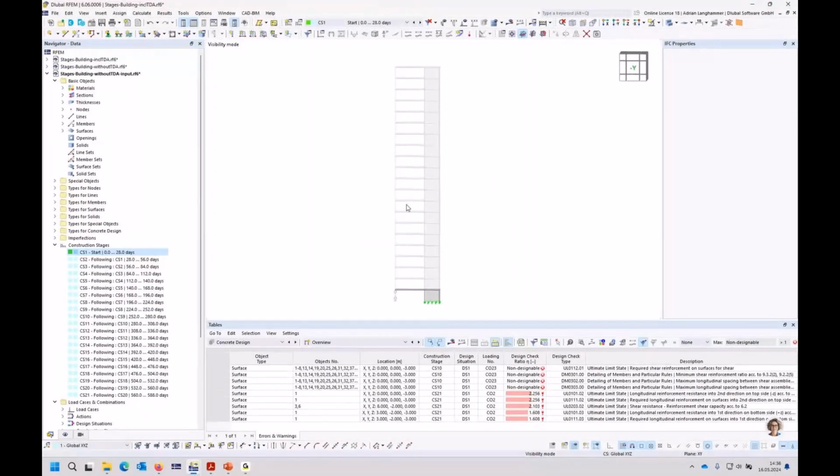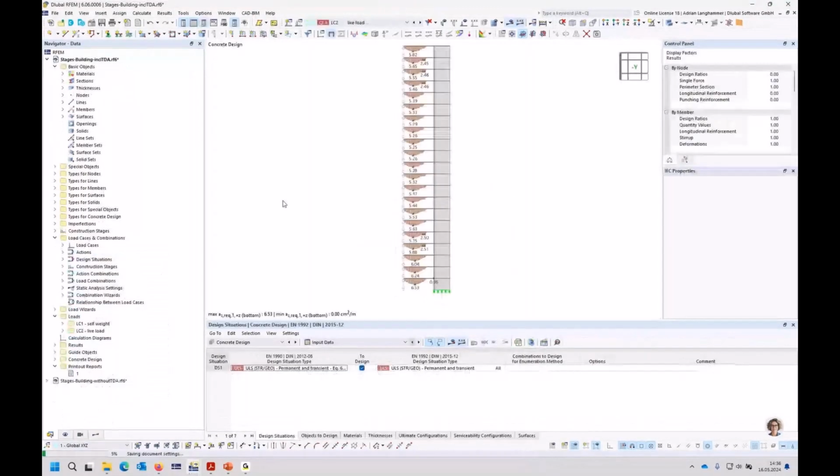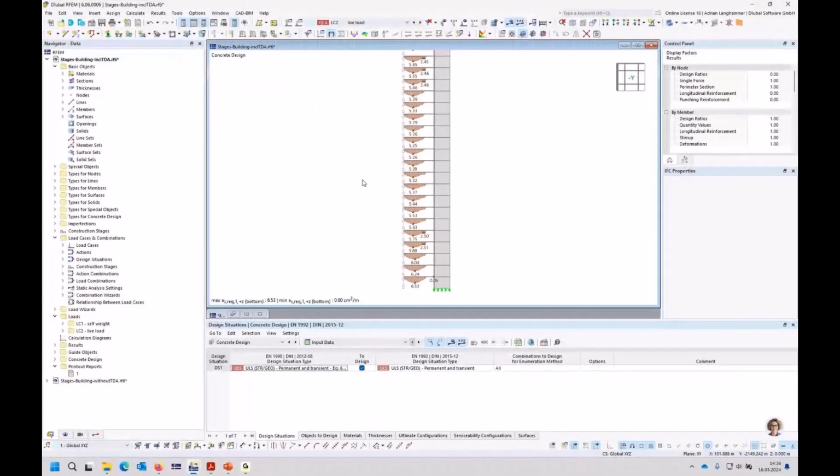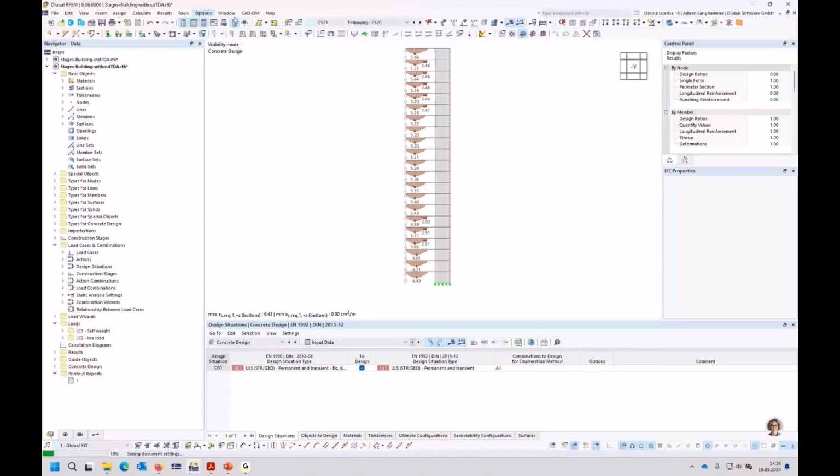And for this reason, I saved the structure after calculation, including the results, one time with the TDA and one time without the TDA. So we can have a look at both results, calculation with and without